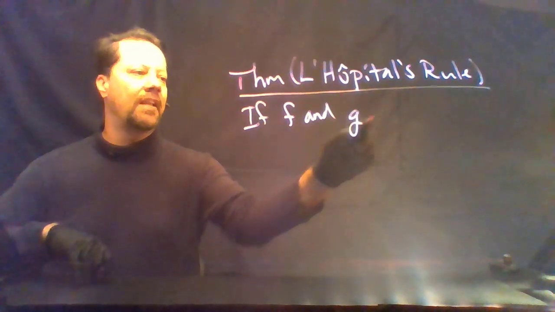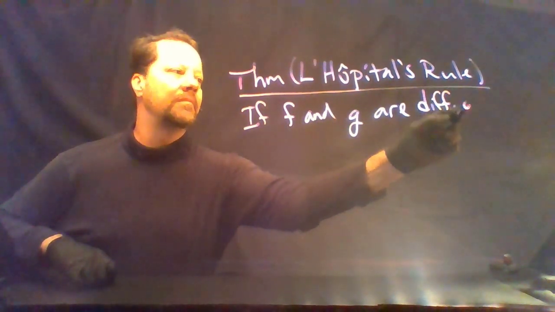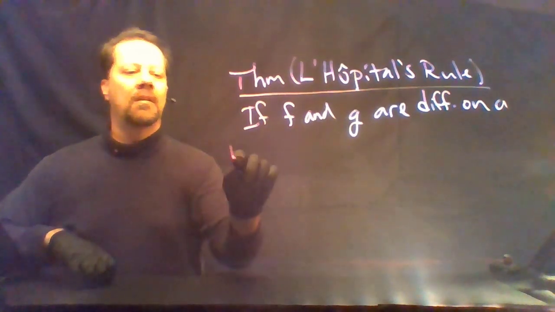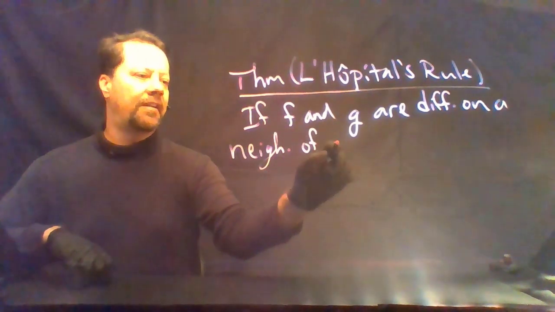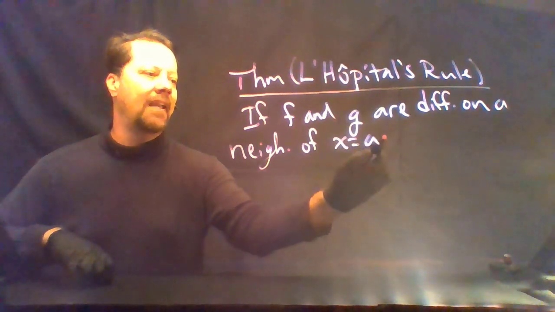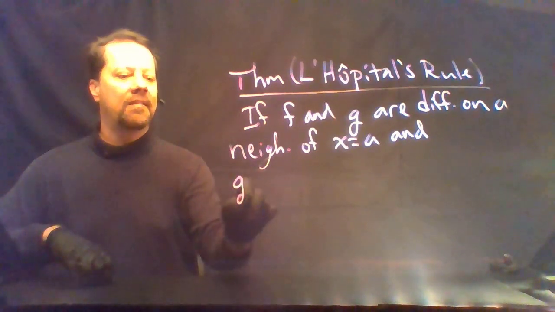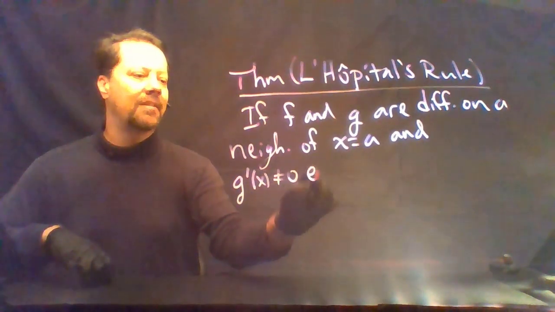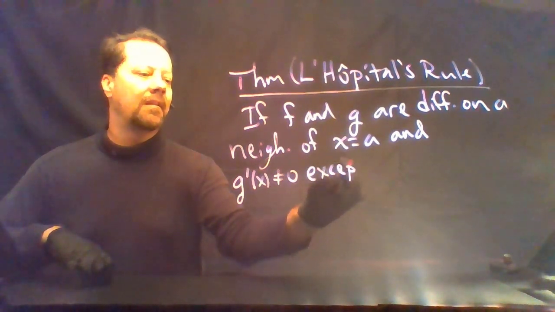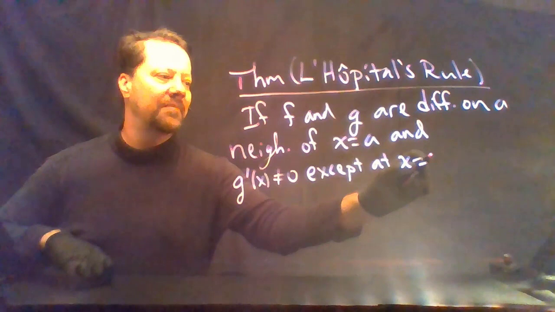F and G are differentiable on a neighborhood of x equals a, and g prime of x is not 0 except at x equals a,